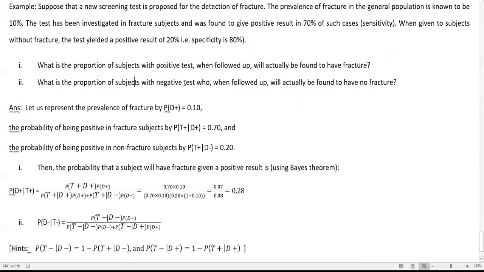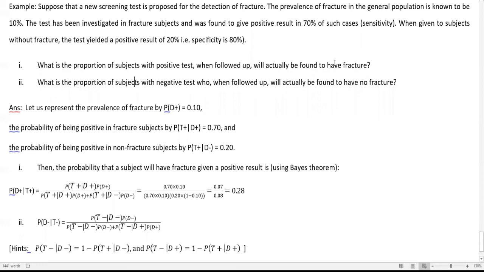So if you write this down in terms of probability, the probability somebody has the fracture, which is 10%, is 0.1, and also given somebody tested positive, also has the fracture 70%, that will be 0.7. And the third one, which is given, somebody tested positive but has no fracture, that is T plus given D minus, 0.2, which is 20%. So what is the first question? What is the proportion of positive tests